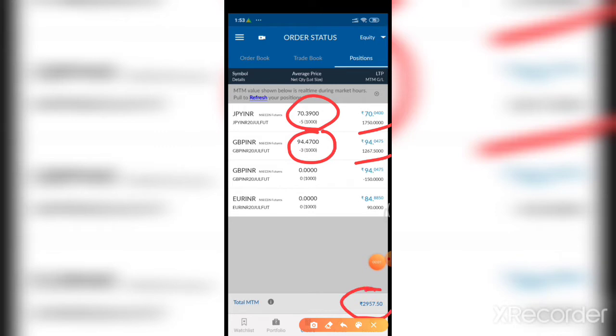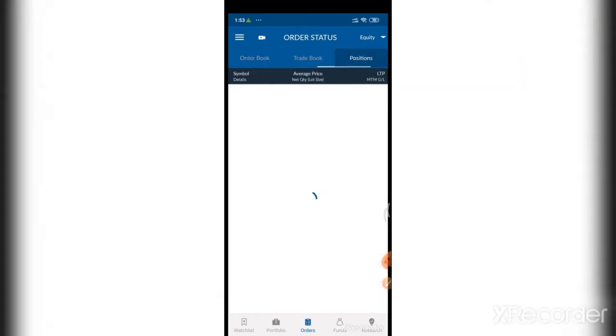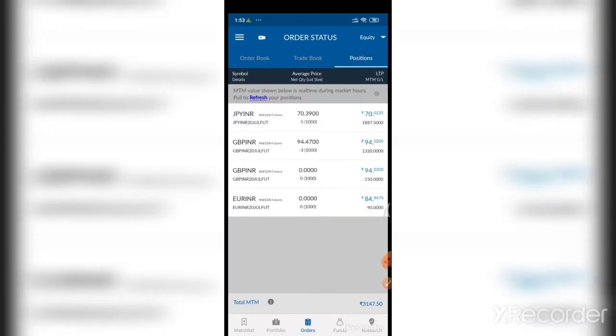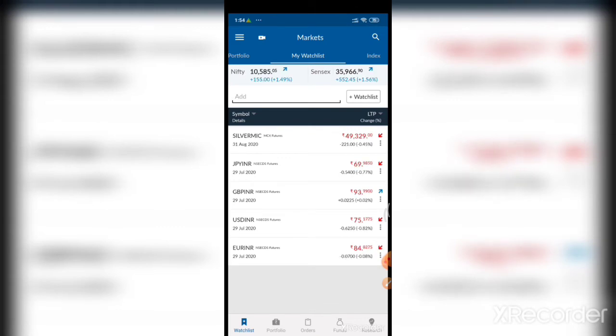Here you can see, watch the MTM, total MTM, it's near to 3000, and continuously we are analyzing the prices. As you can see here, the prices are continuously changing. We have to update stop loss continuously now because the market price of the JPY and GBP is going downward, and in the same way I have to modify the stop loss also to gain big profit. We never know how much the downtrend goes, how the value goes down, so just modify the stop loss.